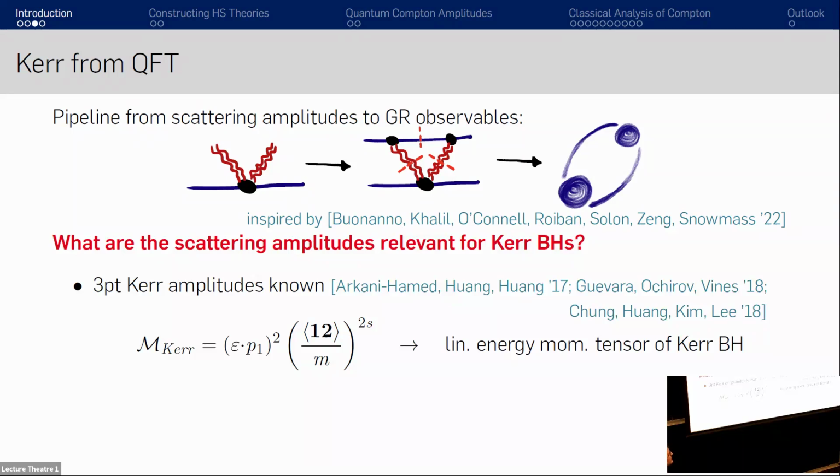So somehow there's this family of 3-point amplitudes in a QFT, which encode exactly the same information as the linearized energy momentum tensor. Unfortunately, when these were written down, they weren't written down as a Lagrangian. They were, and they're like 4-point analogs. If you construct them, say with BCFW or other recursion techniques,